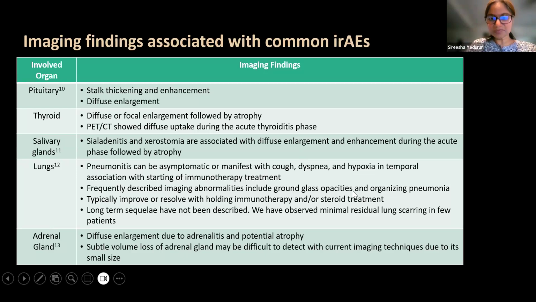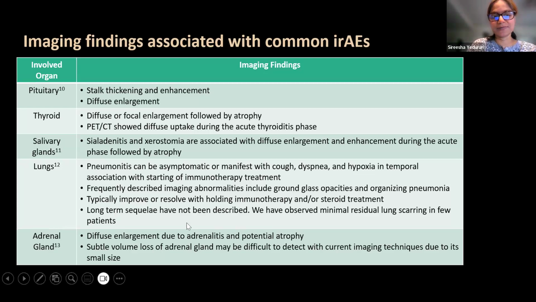So the lung findings are non-specific. You can also think about infection in these patients, but once the patient is on immunotherapy, you always give differentials. Ground glass opacities, organizing pneumonia, they improve with holding immunotherapy or steroid treatment. There are not many long-term sequelae for this finding, maybe rarely some minimal scarring, but you see minimal